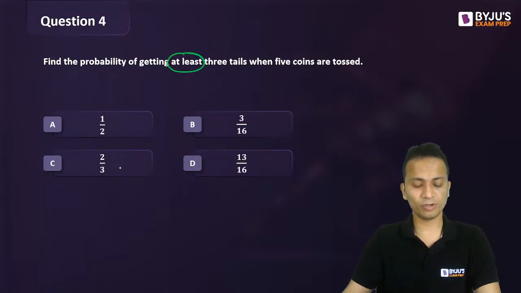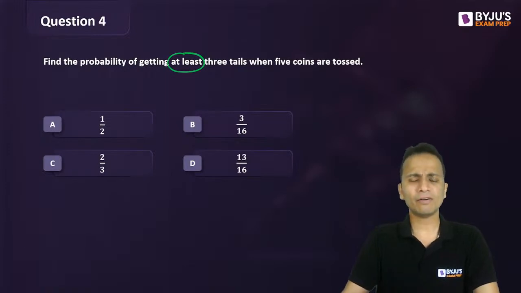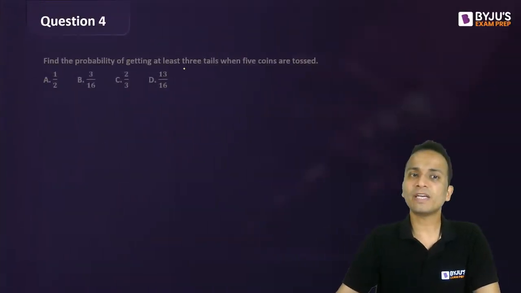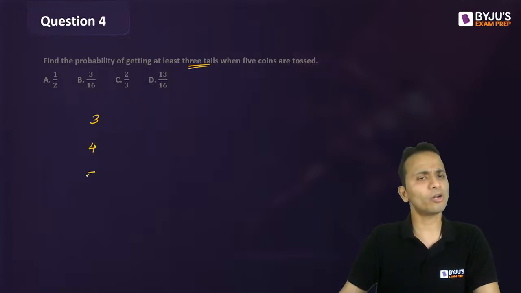All right. So all of you are saying option A as the answer. Are you all sure option A is the answer? I don't think so. Half is the probability. चलिए check करते हैं. Now find the probability of getting at least 3 tails. Now at least 3 tails out of 5. So it can be either 3 tails or 4 tails or 5 tails. At least 3, minimum 3 चाहिए, so 3 or more.